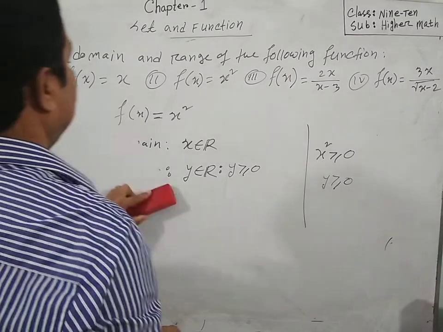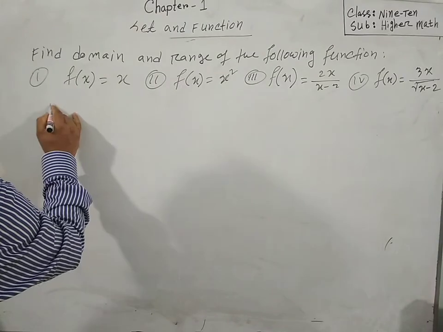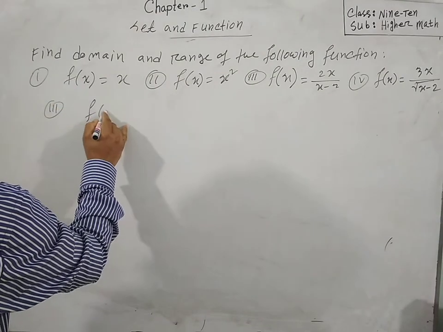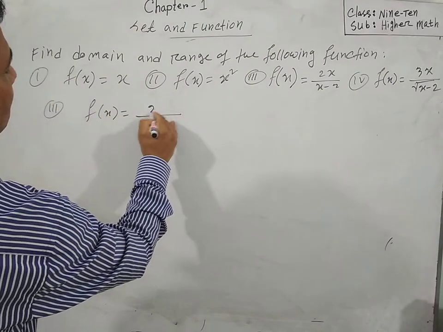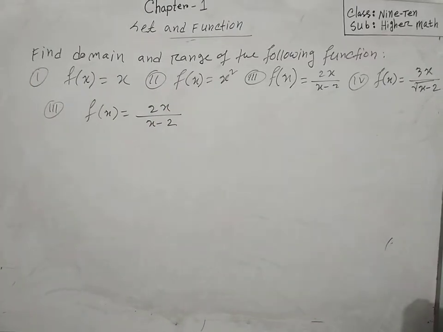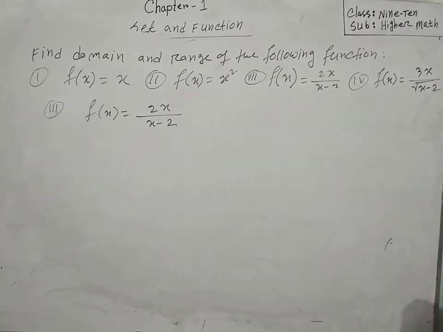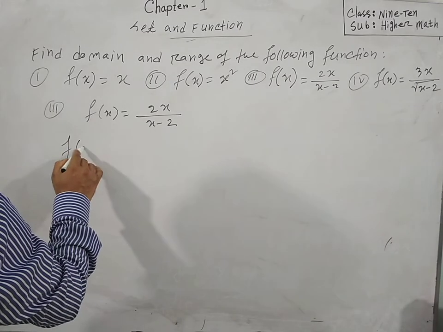Next, number 3. f of x equals 2x over x minus 2. We have to find the domain and range. How is it possible? It is the rules of a denominator. Here, the rules of the denominator: f of x